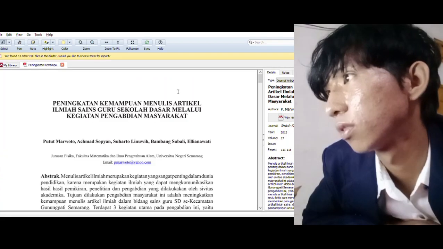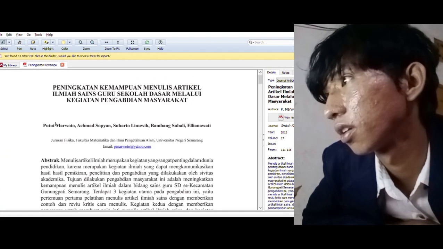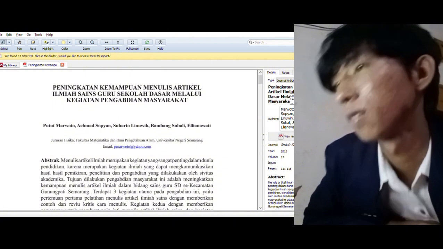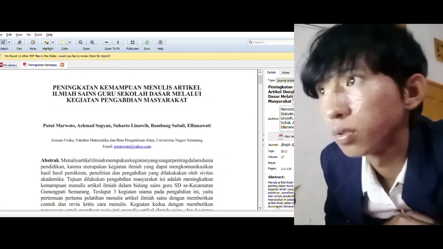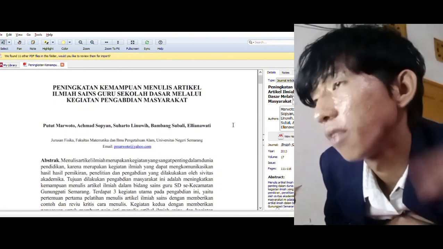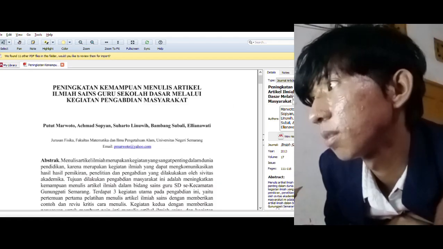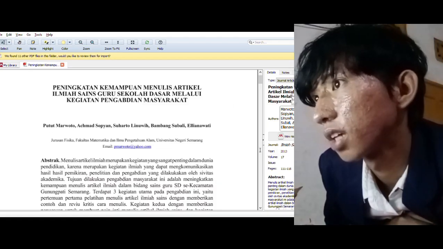You can click two times in their file, and you can see who made the article. You need to type the name of the authors: the last name is the first name, and the first name is the last name. You can see like this.